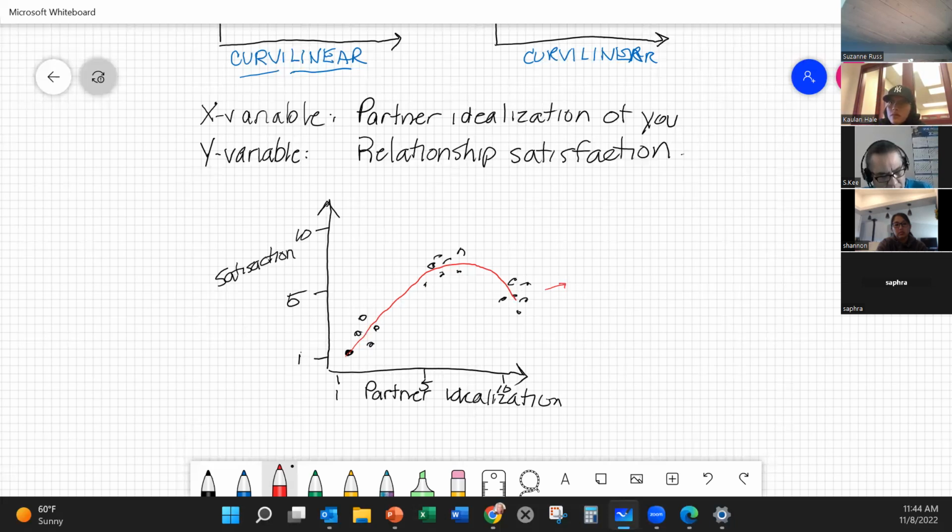Your relationship changes. It's not necessarily bad because you're seeing them more realistically, but it's better not to be on the pedestal, because when you fall off the pedestal, it's a long, hard fall, and it can destroy. So that's an example of a curvilinear relationship. I'll give you one more example. This is the example that I use. It's actually the same way,